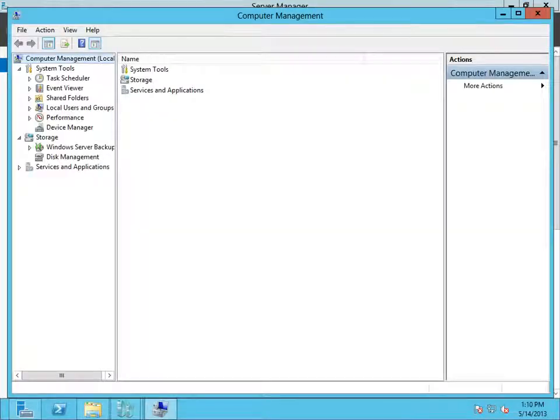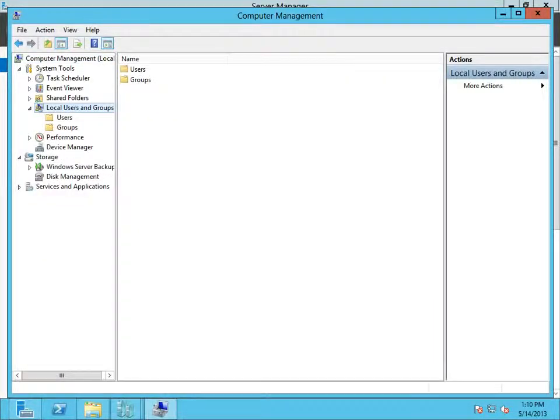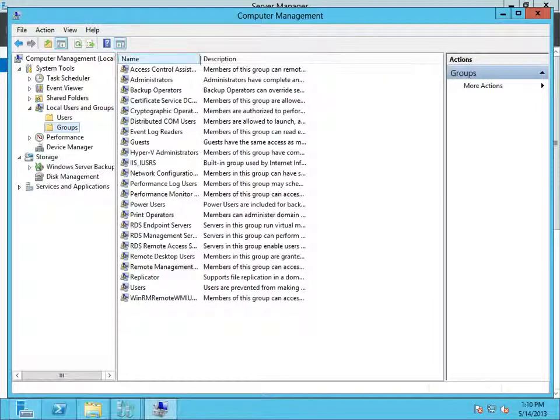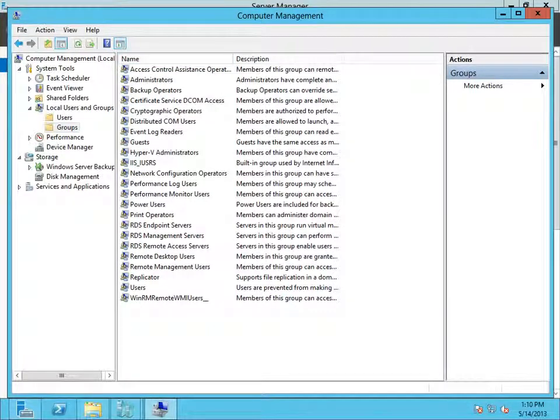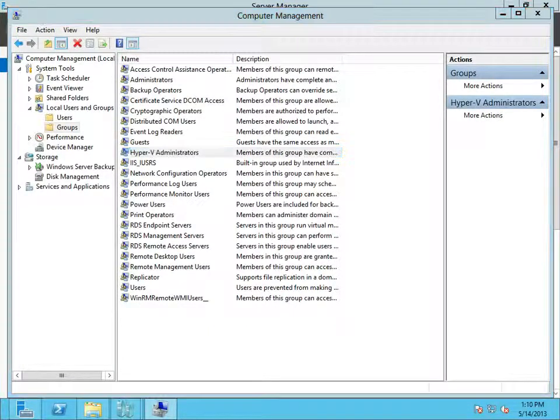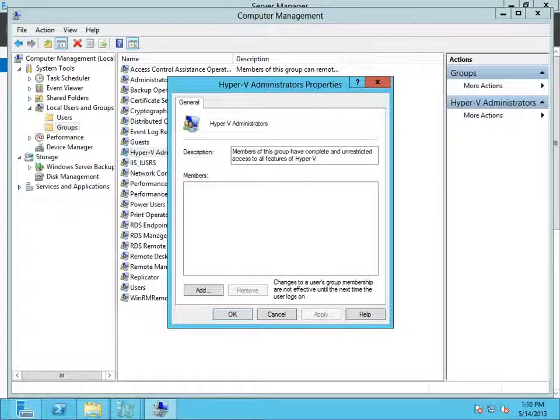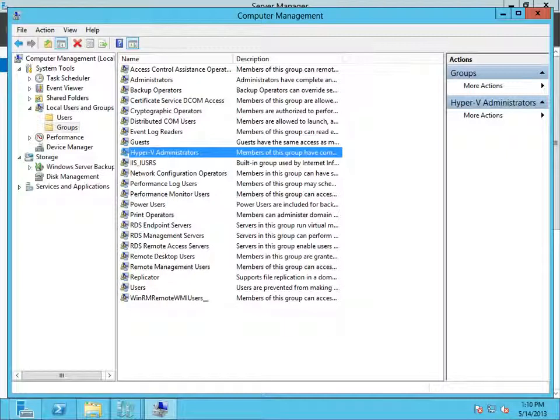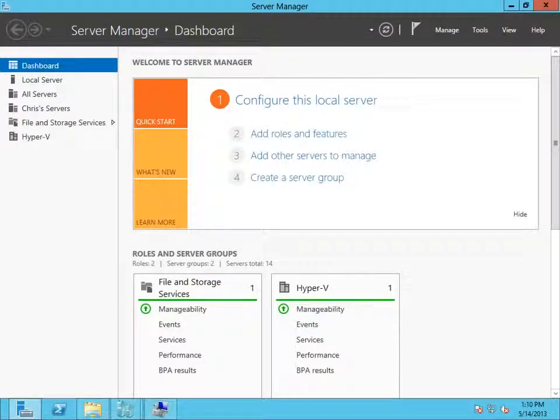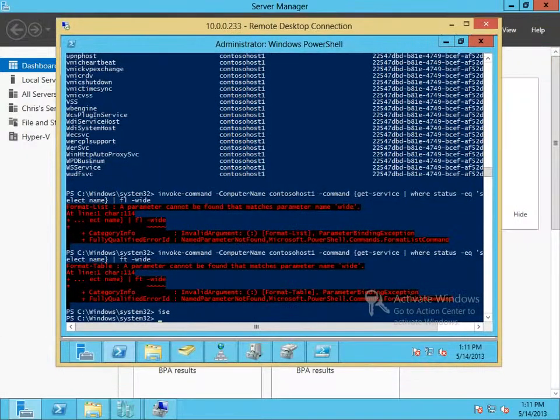Then we'll go in here to the local users and groups. So a new group that we have under Hyper-V is going to be Hyper-V administrators. So we can come in and add people directly in, or groups directly in, to be a Hyper-V administrator without necessarily having to be administrator of the entire box. If this is joined to the domain, you'll also find that there's a Hyper-V administrators group in Active Directory as well. As a matter of fact, let's just real quick pull over our domain controller